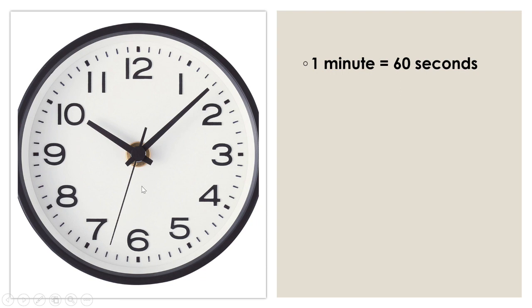Now children, all those who have seen this kind of clock and who have this kind of clock at home must have observed that the second hand is the fastest. You can actually see the second hand moving very, very fast. So children, this hand shows that seconds are the smallest unit of time.